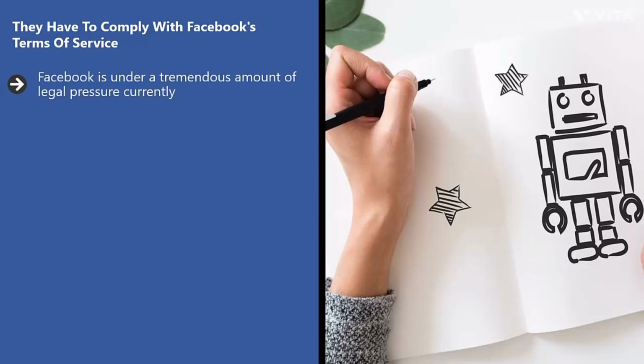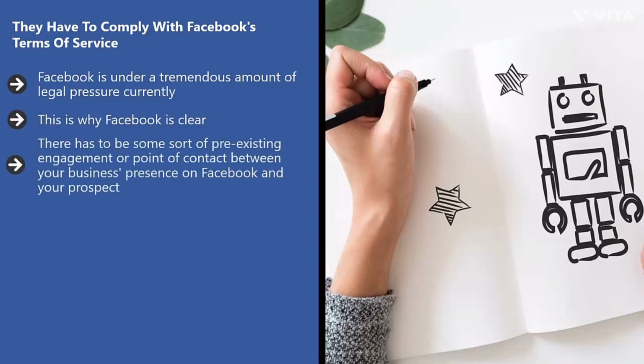Facebook is under a tremendous amount of legal pressure currently. We all know the regulatory heat it is facing in terms of user data and user privacy. But above and beyond these fairly familiar issues, Facebook's automation process is a very touchy area. This is why Facebook is clear. You can use Facebook Messenger purely as an inbound system. You cannot turn it into some sort of spam machine that basically messages people who haven't even been to your